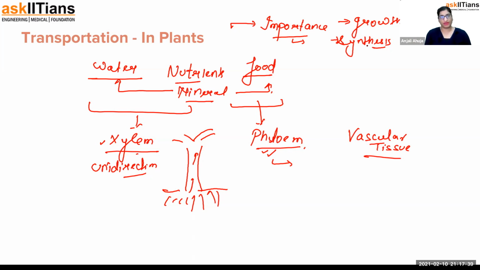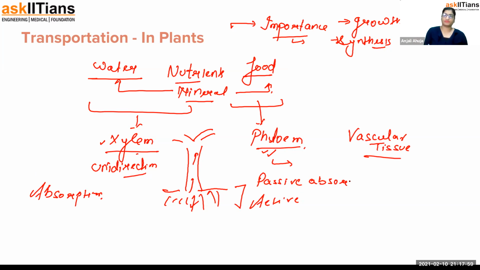Fair enough? Now guys, if I talk about how absorption happens, into the root things are absorbed. Absorption of minerals and ions happens by passive transport and active transport, or you may say passive absorption and active absorption. In active absorption, energy is used in the form of ATP, and in passive absorption, energy is not utilized in the form of ATP, but things are being absorbed and then they are transported to wherever they are